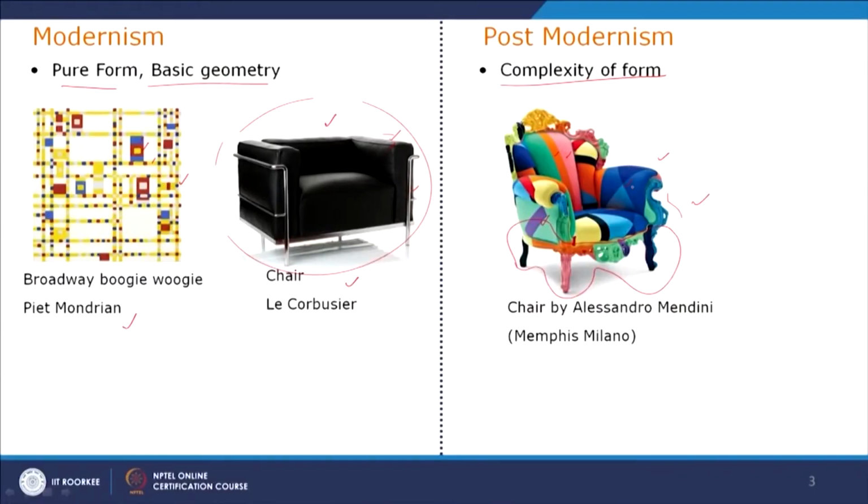This is wood carving, and if you look at the form, it is not absolutely geometric at all, and it also has a historic connotation. This chair looks like a classical chair, but the color is very jazzy, which is related to the contemporary postmodern pop movement, which we will discuss later. The color is contemporary, and the shape is inspired from classical, though not exactly classical. So there is a historic depiction, the complexity of color is there, the true material is not shown, and different kinds of color, not just primary color, are used.